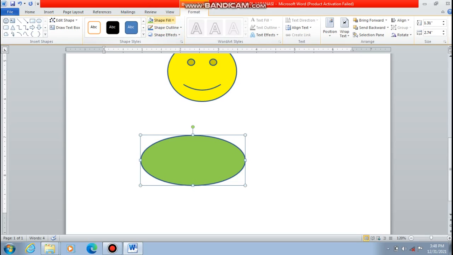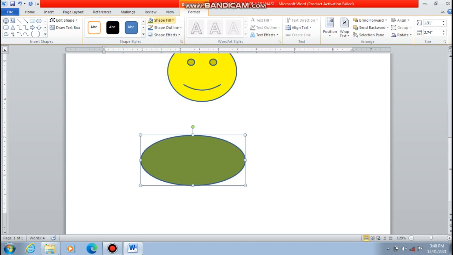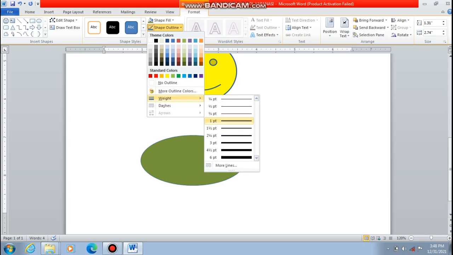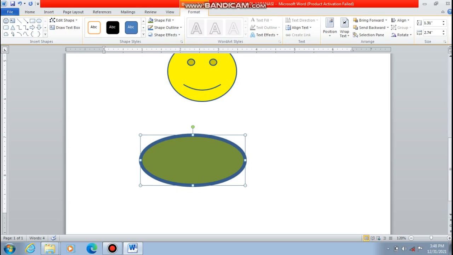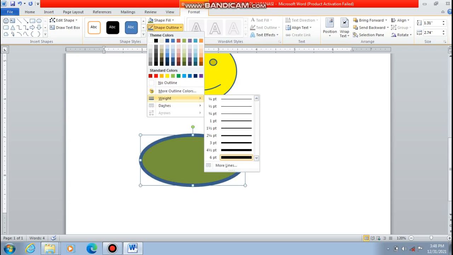You can change the color from here according to your requirement. I have selected this one. Now you can add an outline, any outlining. This is the weight you can give. Now, see the edge of this, you can see the outline of the circle has become a little bit darker and the width is a little bit more. You can change it, the weight, accordingly.